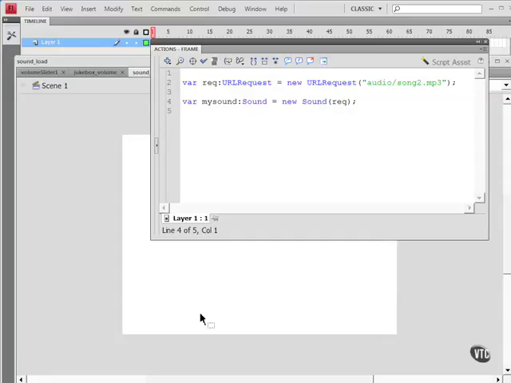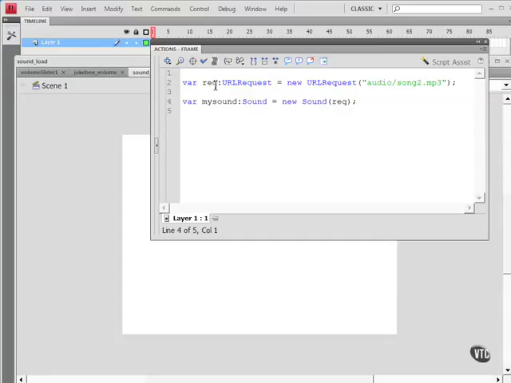Let's have a look now at script for loading an external audio file into an SWF file. If you're loading a small sound file, such as a button click sound to be attached to a button, your application can create a new sound and have it automatically load the sound file with this code here. Go ahead and create a new Flash document and save it to your computer. In the timeline, select the first keyframe, open up the Actions panel, and then copy this code into the script